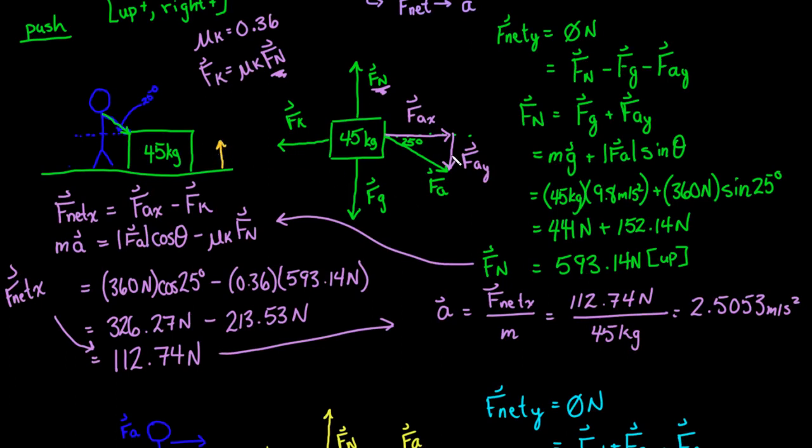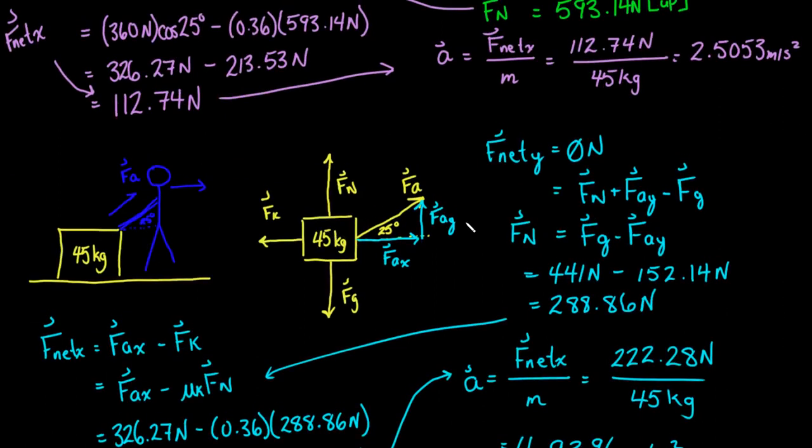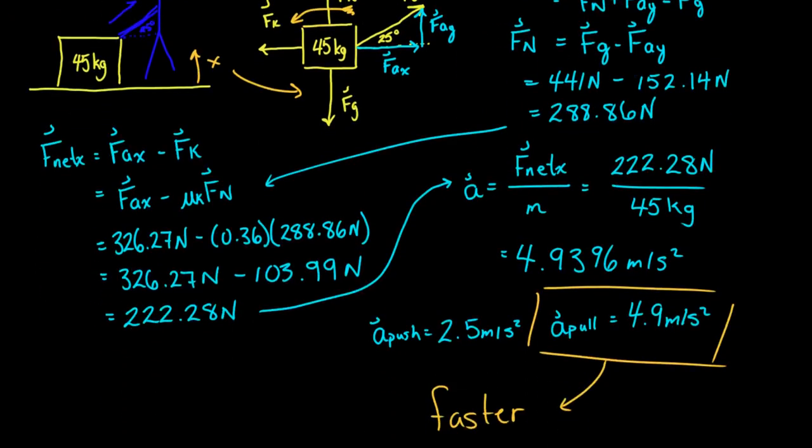Okay, so in this case, because we're pushing down into the ground, the floor has to work harder, which increases the force of normal, which increases the force of friction. In the pull situation, because we're exerting an applied force up, the floor now does not have to work as hard to counteract that force of gravity. Therefore, the force of normal is smaller, which means that force of kinetic friction is smaller, okay? And that's what gives us the greater acceleration,